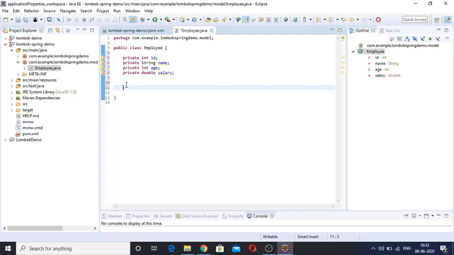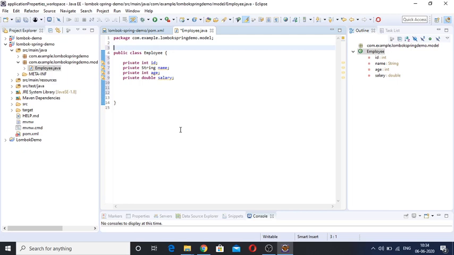Apart from that we need to provide the toString method, hashCode method, and equals method. These are boilerplate code which we need to provide in all our model classes. Here we can use the Lombok feature and avoid writing the boilerplate code.